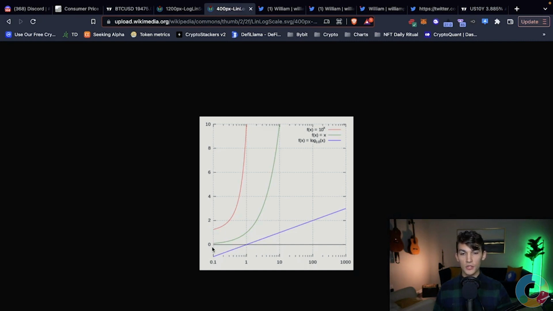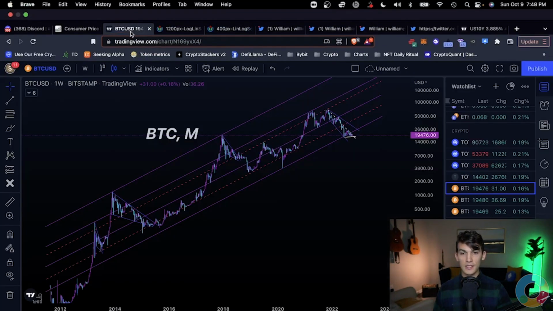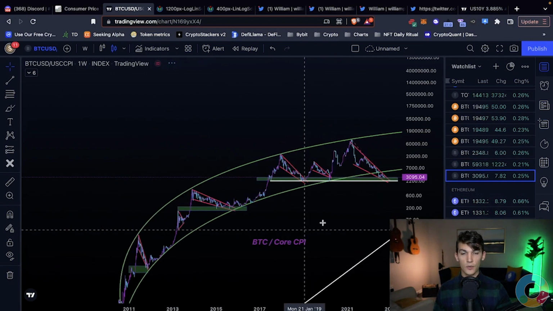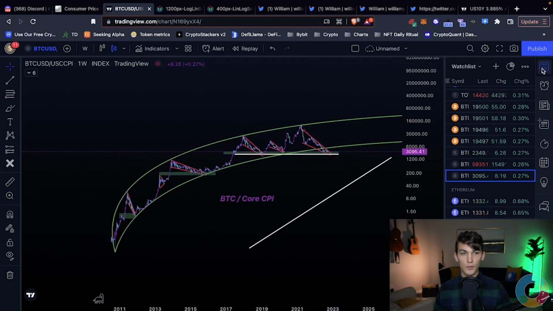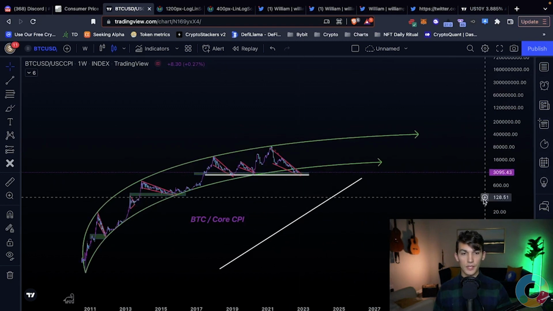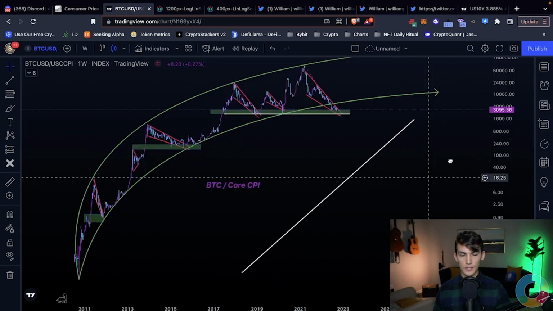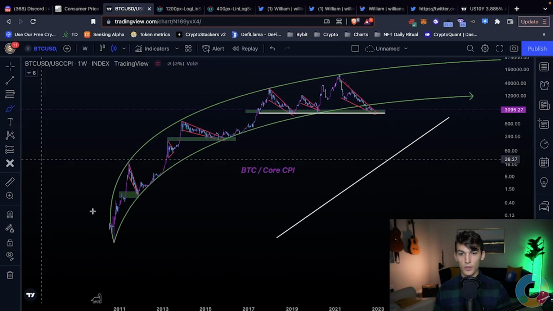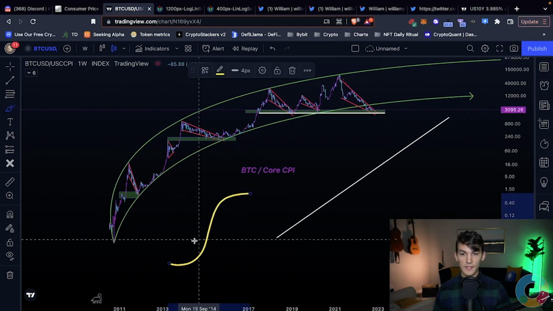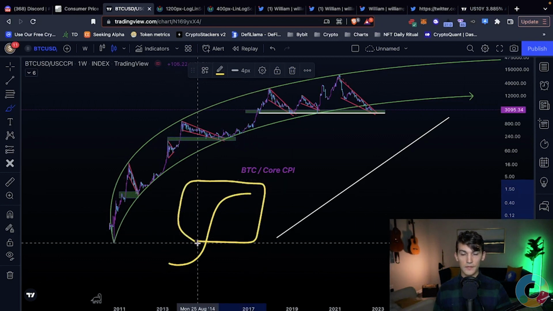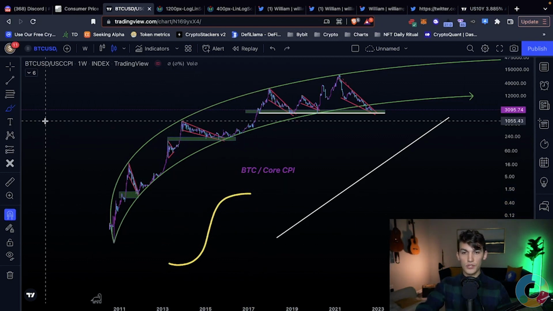So it's just an easier way to visualize growth that looks like the line in green here. If we go back to this chart, we can see that we don't necessarily have a straight line. We have something that looks more like the latter portion of a sigmoid. Now you don't have to understand what a sigmoid is, but basically a sigmoid kind of looks like this, and we kind of have this top portion. So we kind of have half of a sigmoid, but that's also just known as a